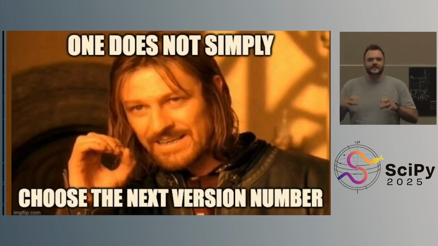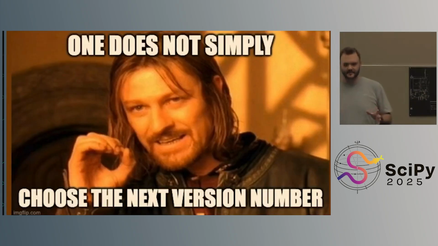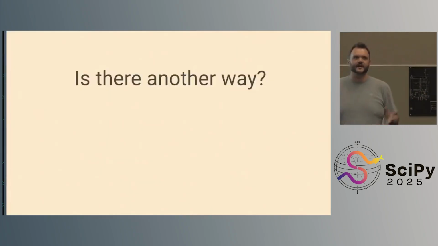And so it's not a super simple thing to decide what the next version number is. Should that have been pandas 2.0.2 or should it have been something else? Like it was a breaking change. Should it have been pandas 3? Like it shouldn't have been pandas 3. But